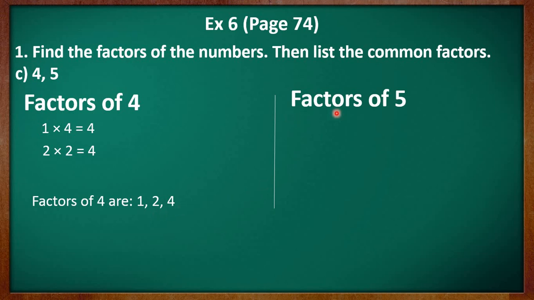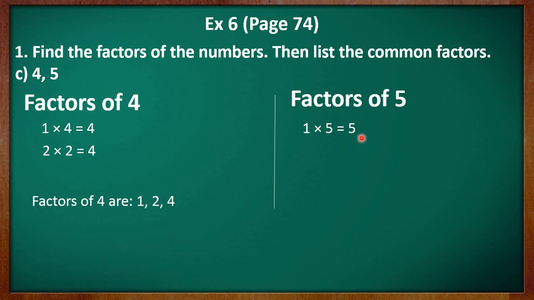Kids, let's now list the factors of 5. And you know that 1 multiplied by 5 is equal to 5 will give us the smallest and the greatest factor of 5. Now we will find all other factors between 1 and 5. Let's try to divide 5 by 2. Kids, you cannot divide 5 by 2 completely. So you may say that 2 is not a factor of 5. Let's now try with 3. Here again, it will leave a remainder. So you may say that 3 is also not a factor of 5.